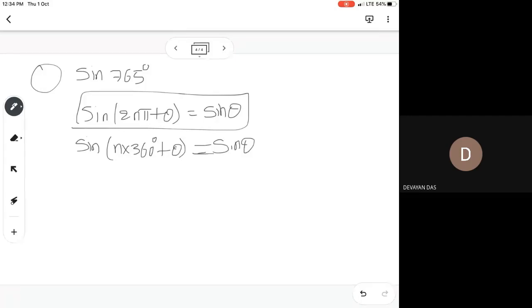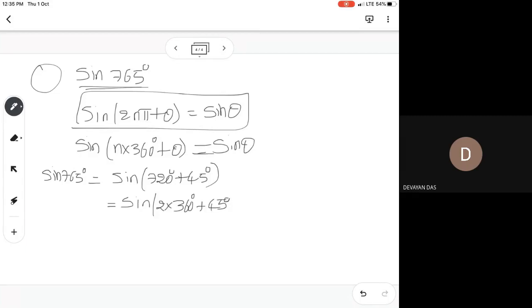So sine 765 degrees can be written as 720 plus 45 degrees. And 720 is a multiple of 360. So sine 2 into 360 plus 45. As per the above, you can write it as sine 45 degrees. And the sine 45 degrees value is equal to,